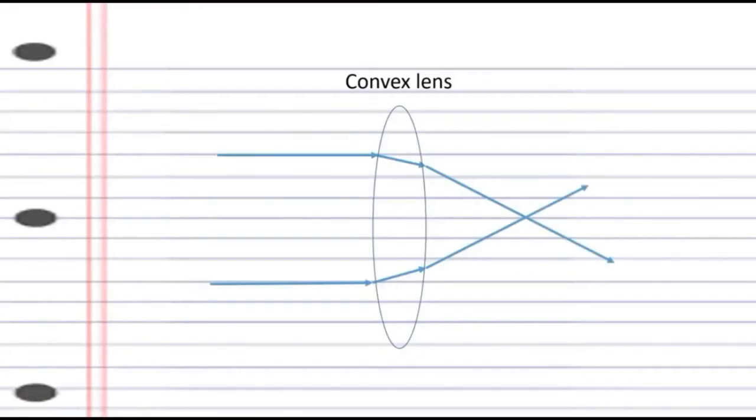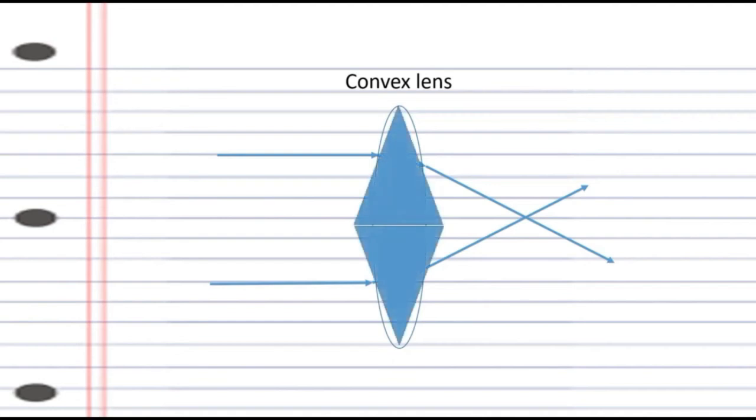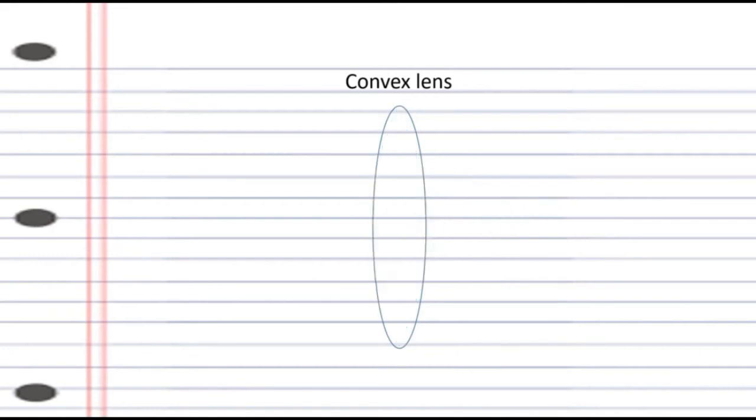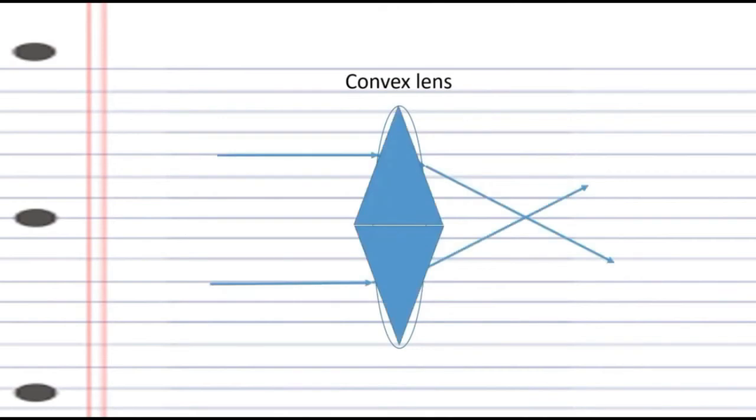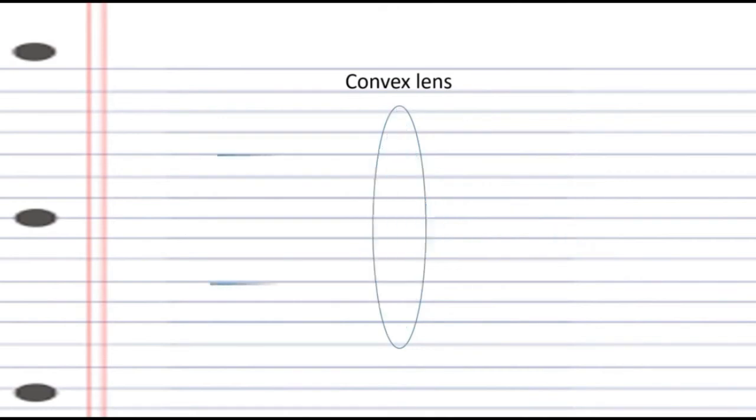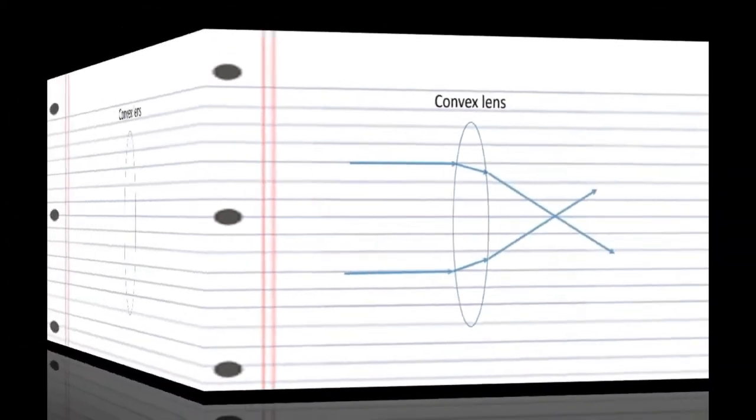It is because a convex lens is just like how we have arranged a prism in this manner. In fact, the prisms have plane surfaces, whereas a convex lens has a curved surface. And what exactly happens in the prism will happen in the convex lens. So the light rays which are parallel will converge at a point.